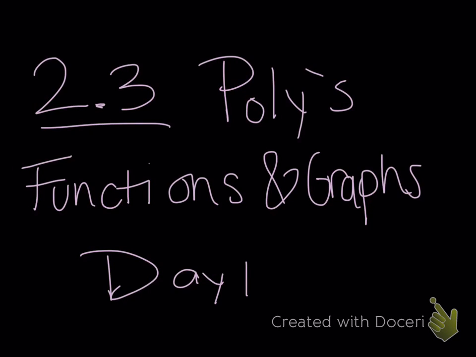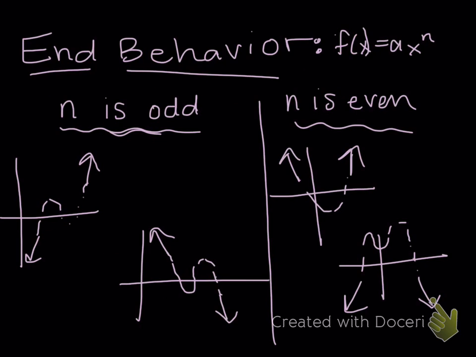Today we're doing section 2.3. We're going to be doing polynomial functions and graphs, and this is our first day in the notes. So first thing we're going to discuss is end behavior. So this is the general form, where a is your coefficient, x, and n is your highest power of any given